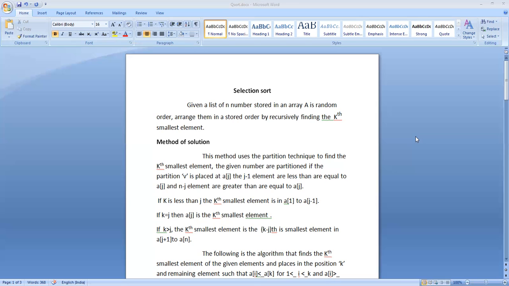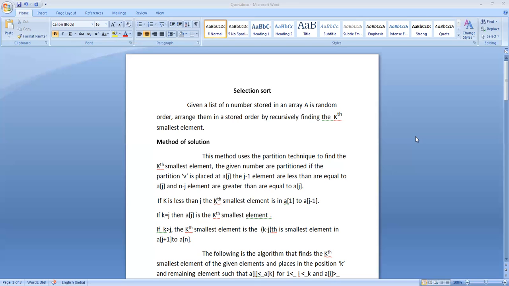Okay, the selection sort goes like this. Here also we will use the partition algorithm to segregate the given values into less than the partition value and bigger than the partition value. But the technique here slightly differs from quicksort. Here we try to find some kth smallest value. When we try to find the kth smallest value, instead of finding it, we will be finding some other smallest value, and that value will be placed in the right location of the sorted sequence.